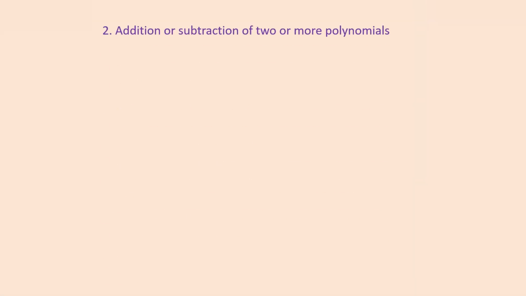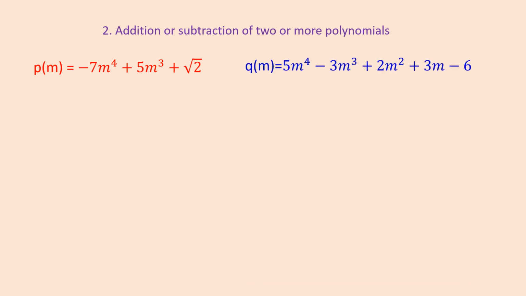Here we will learn how to add or subtract two polynomials. So here we have the first polynomial with variable m as minus 7m raised to 4 plus 5m cube plus root 2, and the second polynomial with variable m is 5m raised to 4 minus 3m cube plus 2m square plus 3m minus 6. If I have to add them, P of m plus Q of m equals